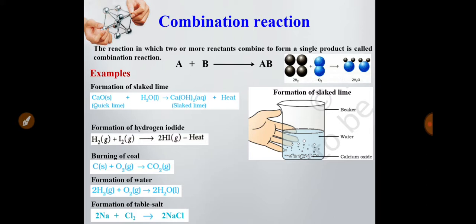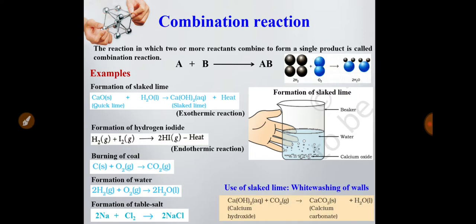Now for better knowledge, the first reaction is an exothermic reaction. Why is it exothermic? Because heat is generated in this reaction. So the reaction where heat is generated is called exothermic reaction. And the second one is an endothermic reaction, because here heat is absorbed. So these two reactions are different in nature. First one is a heat generating reaction, that is exothermic reaction, and second one is a heat absorbing reaction, that is endothermic reaction.